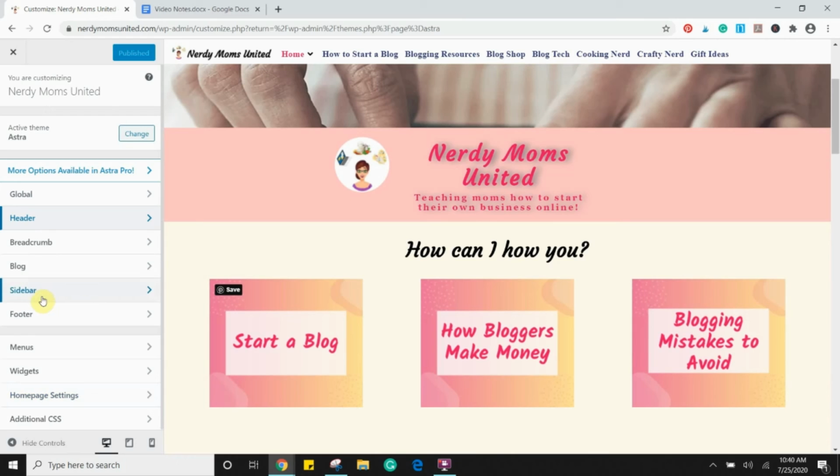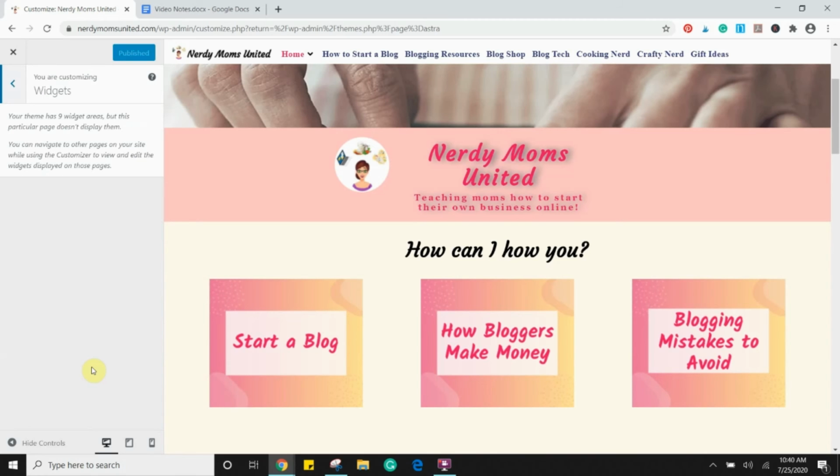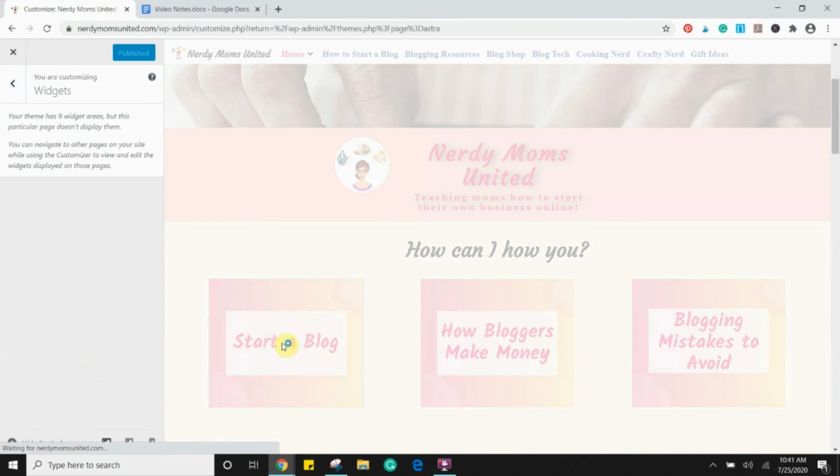Control your sidebar, your footers, your menu. You can also get your widgets here. This will not work on this screen only because you do not have your widgets bar right here. Now, if you are looking at a post screen, one of the screens that shows your post, then you'll be able to see what that actually looks like in this view. So you can actually control it from here if you want to. You don't have to,